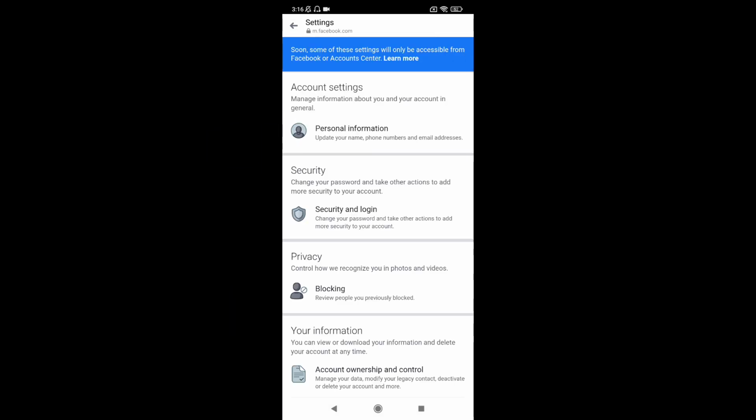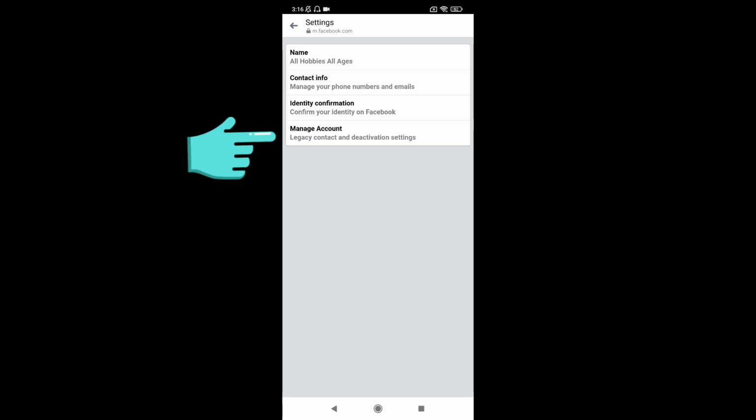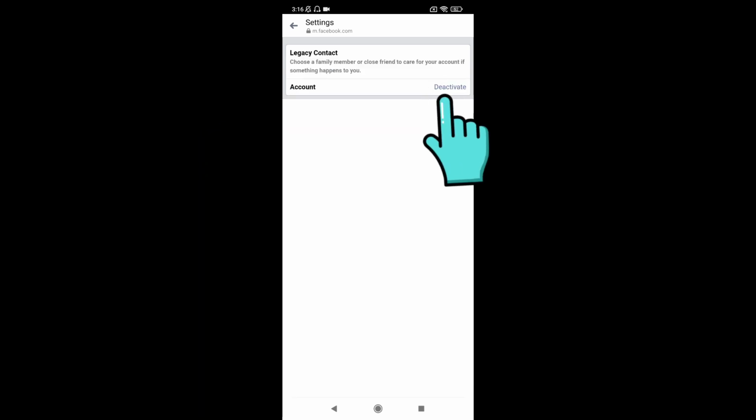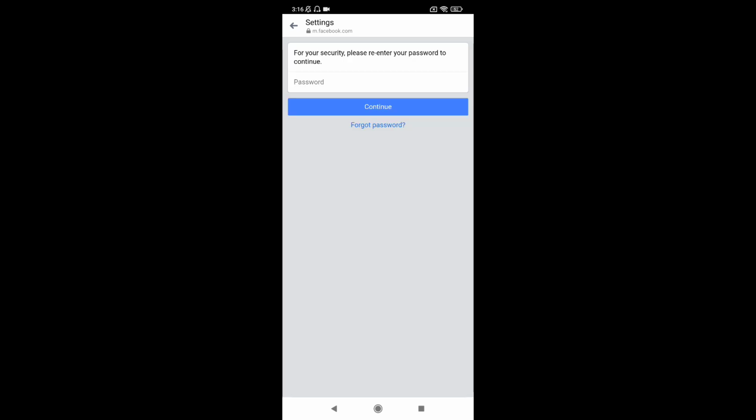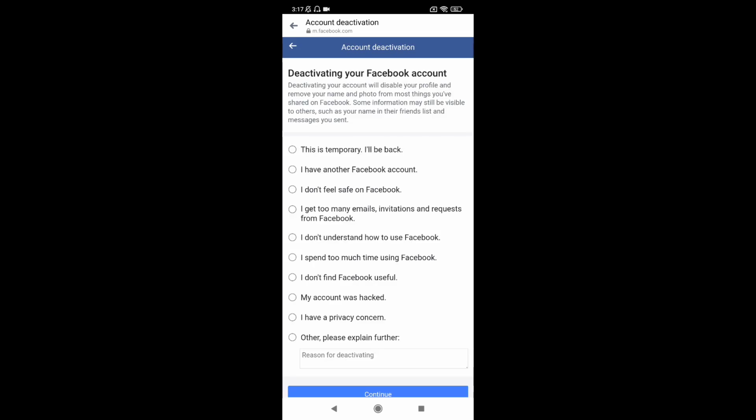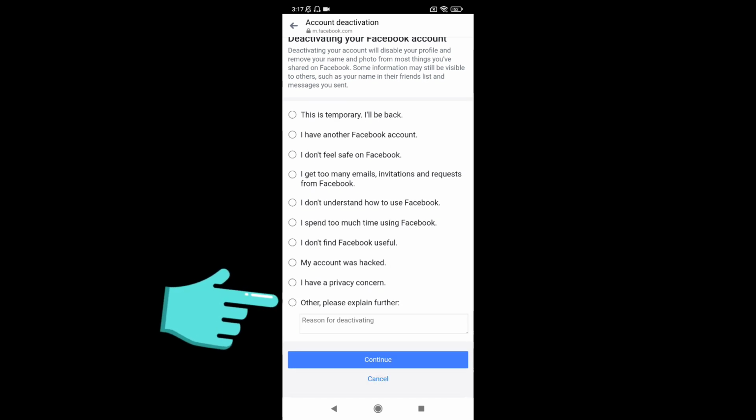on Manage Account, and then simply click on Deactivation from the top right, and then now put in your password once again, and then now from over here click on continue, and now you are going to be able to just simply deactivate your Messenger account by simply clicking on it, and then after that